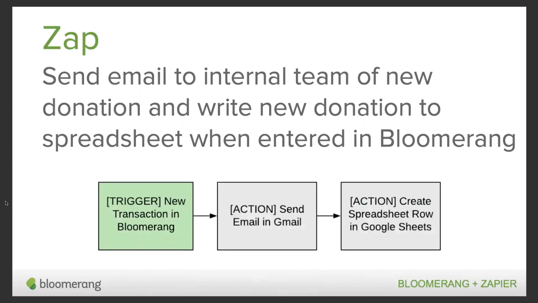When you operate a large team or you have many individuals entering information into Bloomerang, it might be helpful to get notified when things are entered in Bloomerang that require follow-up or just need someone's eyeballs on it. We explored Slack integration earlier, but email notifications is an obvious choice. We're going to merge two Zap templates, one with Google Sheets and one with Gmail. I'd like to show you that here,